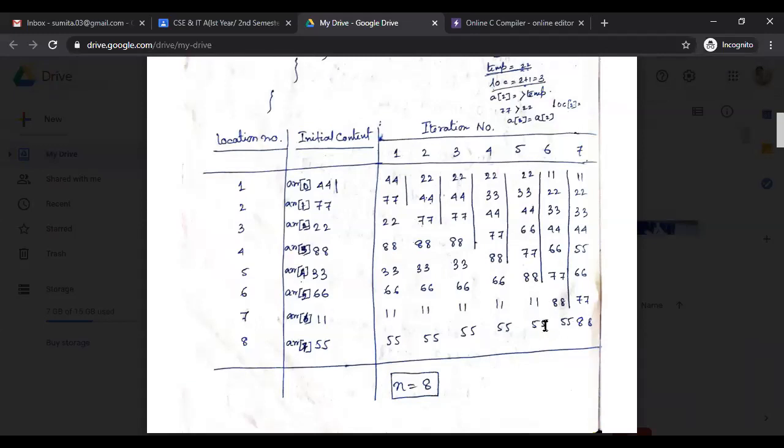And last but not least, 55. According to our requirement, 55 is less than 88, so 55 here; less than 77, 55 here; less than 66, 55 here. So now there is 55 and 66, 77 and 88, because all the other values are less than 55, so no swapping is done.